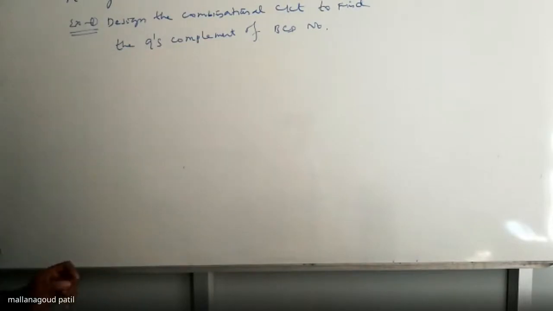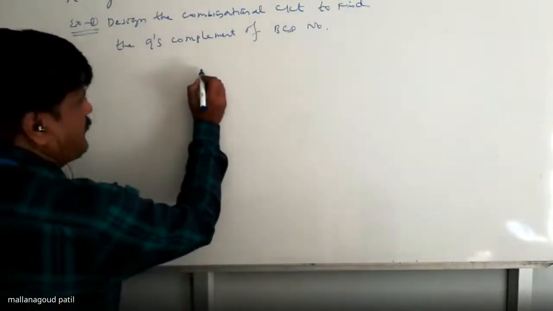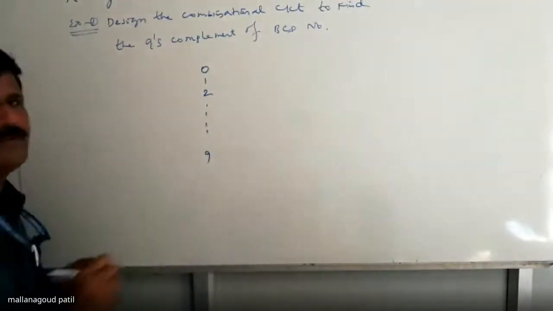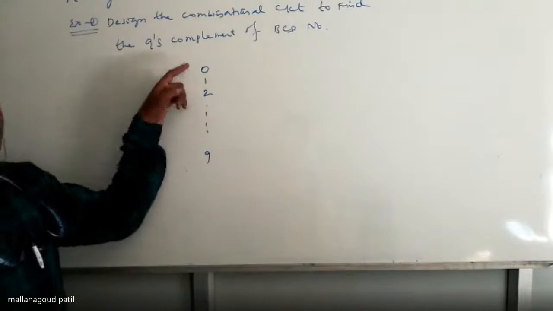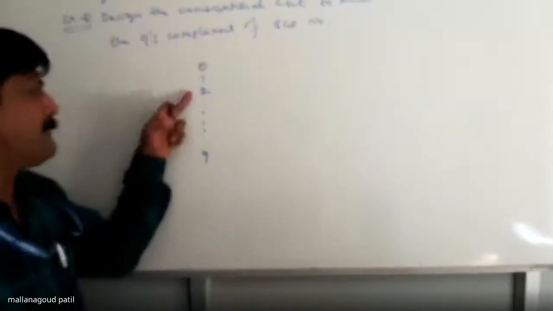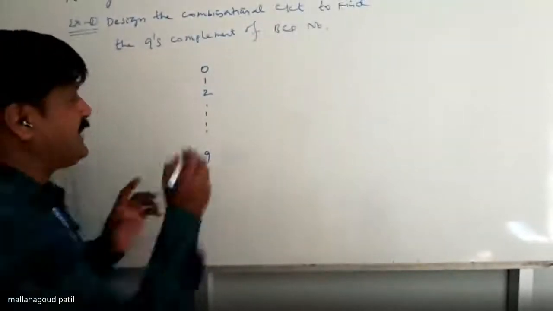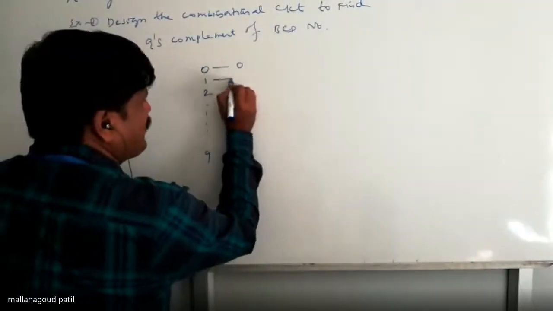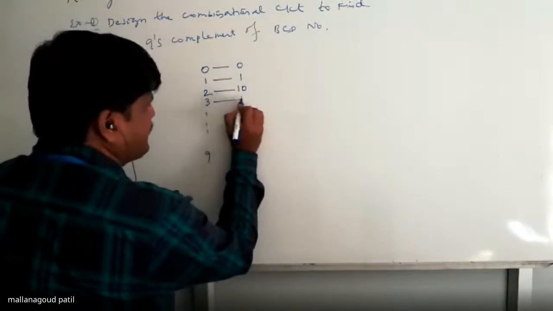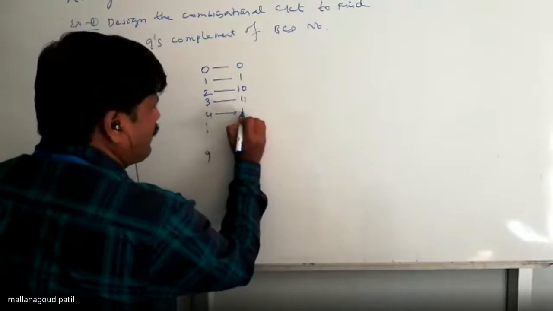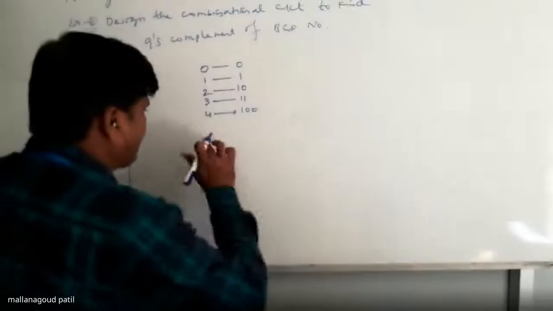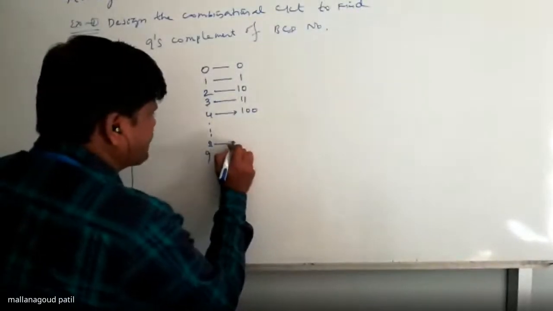That could be easy for you, because a single digit decimal number comes from 0, 1, 2, up to 9. Representation of 0 is a single bit, sufficient. Representation of 1 is 1 bit, sufficient. Representation of 2 needs 2 bits. I can write 0 like this, 1 like this, 2 like this, and similarly 3 like this. Now how can you write 4? 4 needs 3 bit representation. Then similarly I can write 8. How can you represent 8?